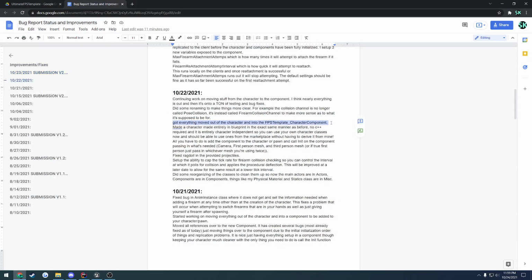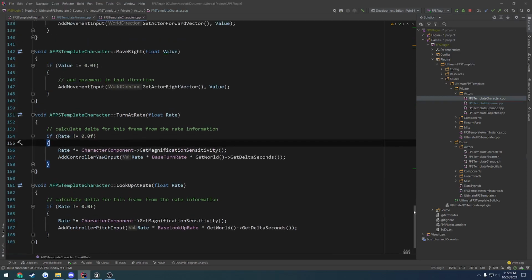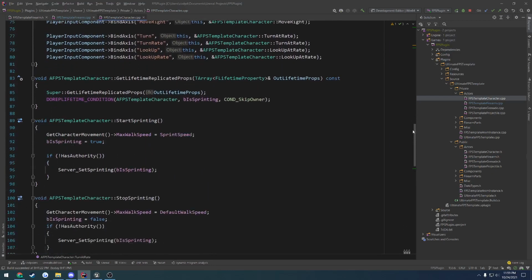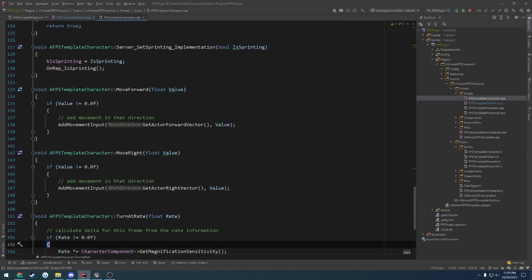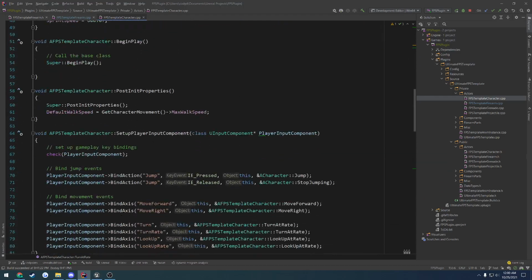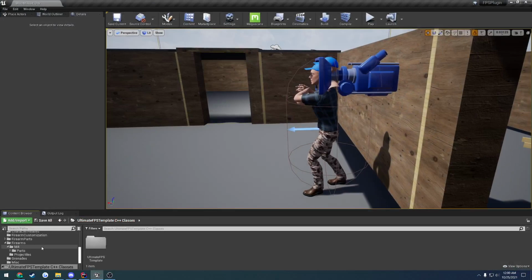Officially moved everything out of the actual character class. So if we look at our character class, that used to be a giant, well, not really a giant, but had a good amount of stuff in it. The only extra stuff that it contains is logic for sprinting, and that's it. And that's just to provide more of an example than anything, because as you can see here, I actually now have